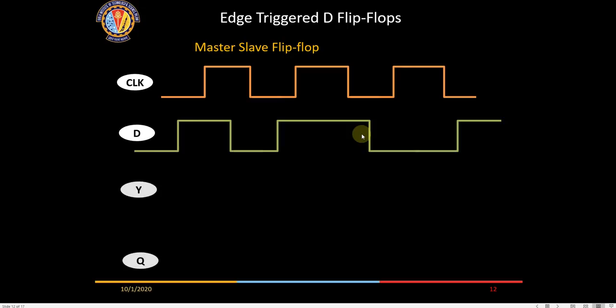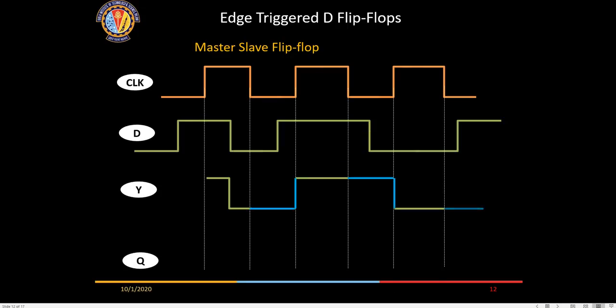So what is going to happen is, when the clock is going high here, although it is going high to low here, for the Q flip-flop the clock is going high here. So whatever output is available at Y will be captured, right? During this time whatever is happening will get reflected here, but there is nothing happening here, it is 0 only. So this 0 will be captured here. Similarly in this low period Y is high, so that high will be captured here. Similarly in the last case Y is 0, so that will get captured here whenever the clock is low.